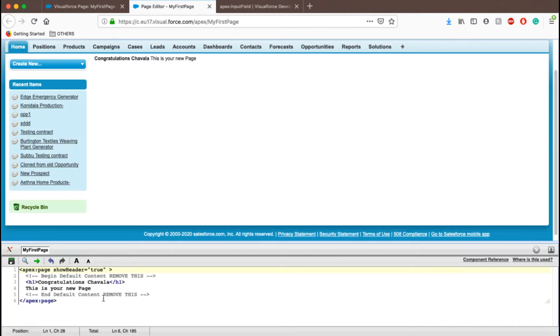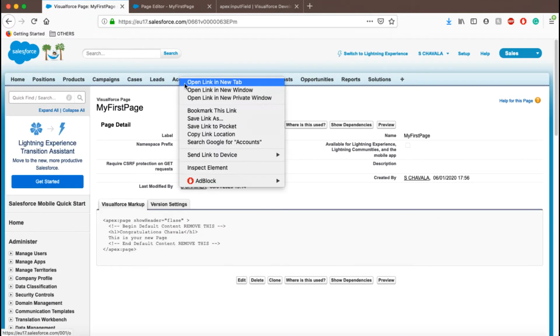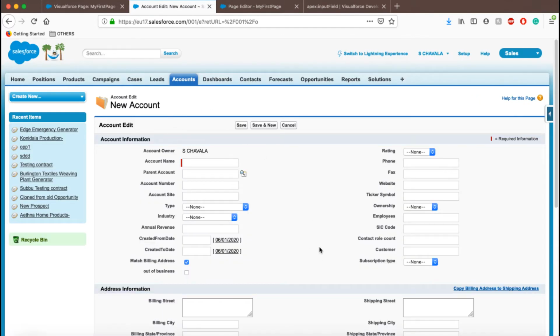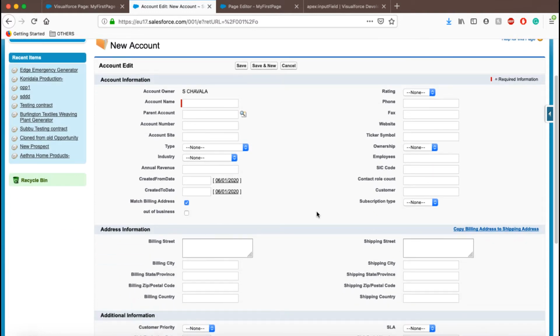Now I'm going to remove the small piece of code generated by Salesforce. Here we need to apply the requirement. In a Visualforce page, we have something called a block. Let me show you the page. Go to accounts, click on new. This is the account page, right? In this page, account edit is the block header. The square box around the section is called a block. So all these sections, account information, address information, are inside the block.